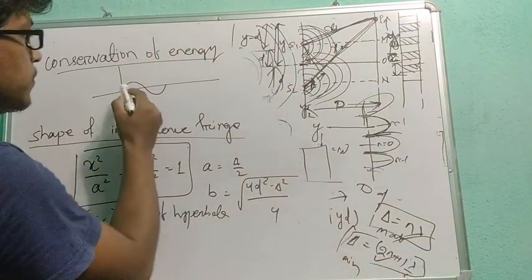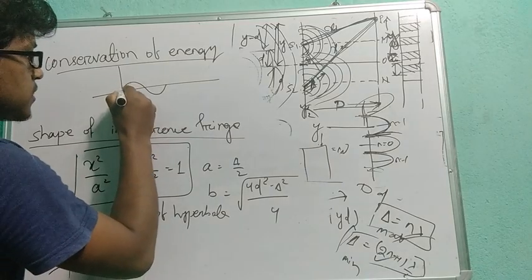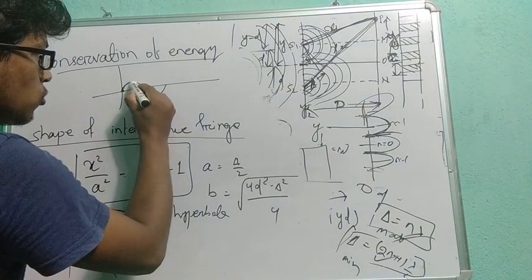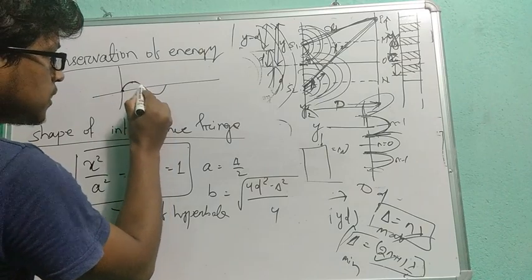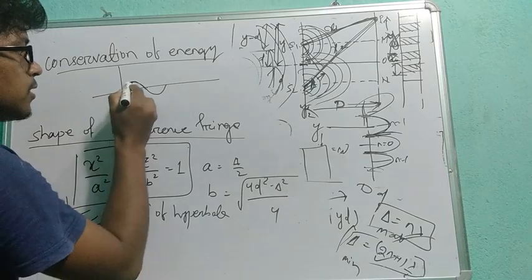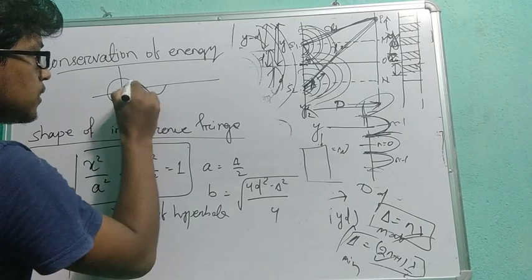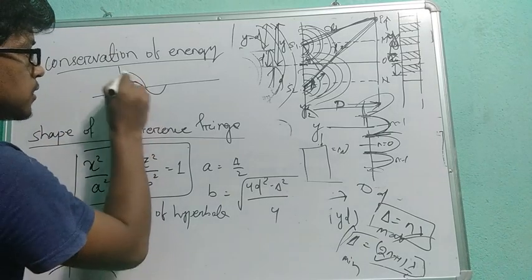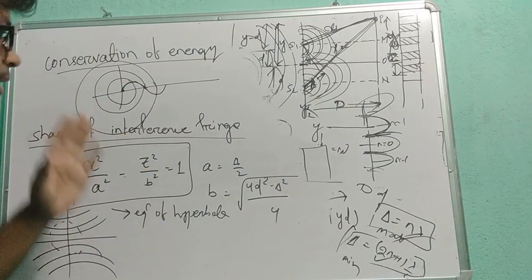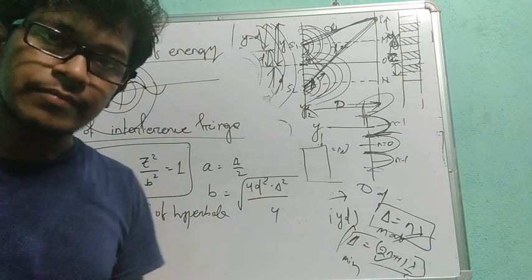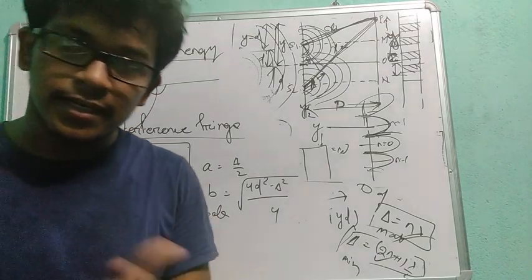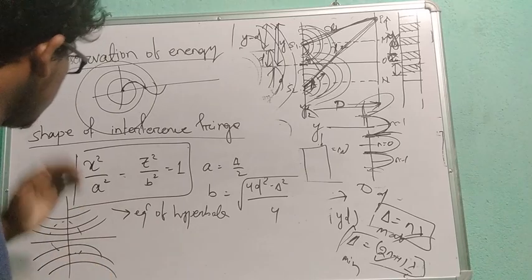So this is a wave. Suppose your photon is here first. That will acquire some energy, and that photon will go here, it will lose energy. How will I explain? When it is here, it is having certain energy. Here certain energy, here another energy. Like that your energy is changing. That is the conservation of energy. There is a little more mathematical derivation; whoever is interested, tell me, I'll say.